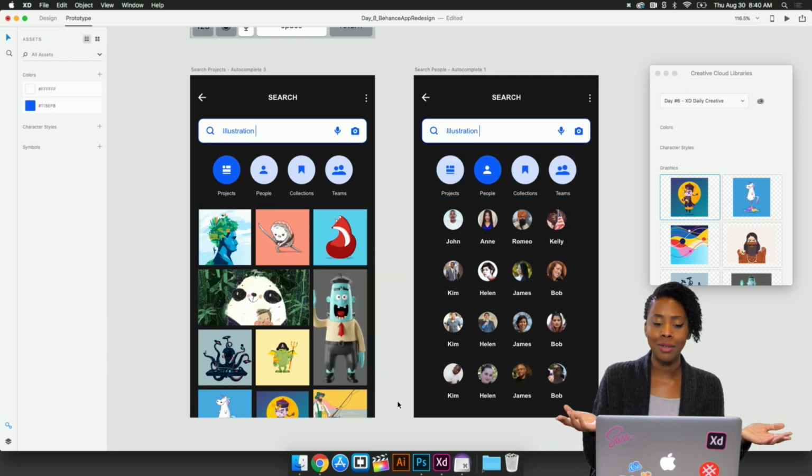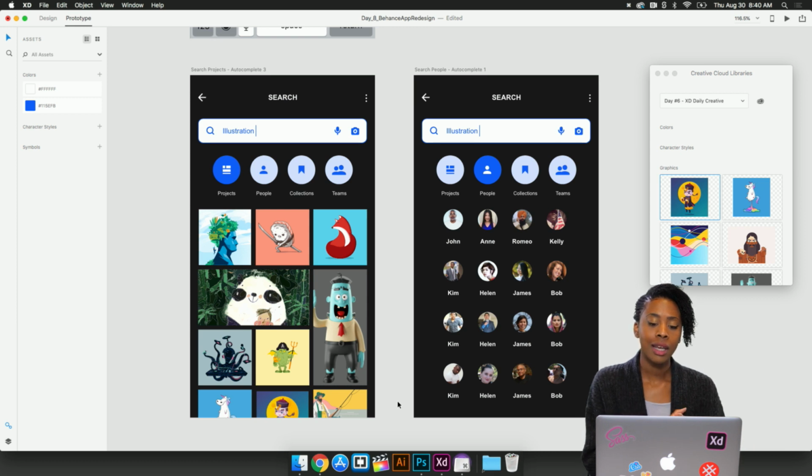All right, so it sounds like using autocomplete is a great solution, or I think it's an improvement to the app. But here is a scenario. Let's say I designed my app and I brought it to the developers, a part of my organization, and they informed me that using autocomplete is gonna slow down the search experience.